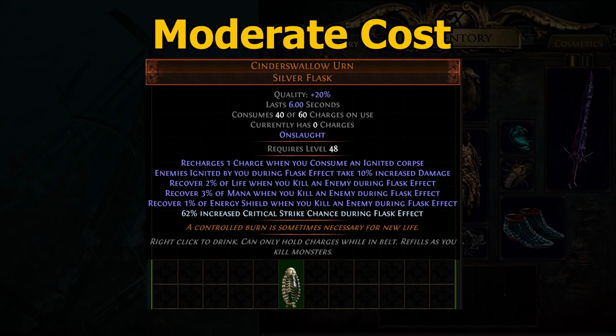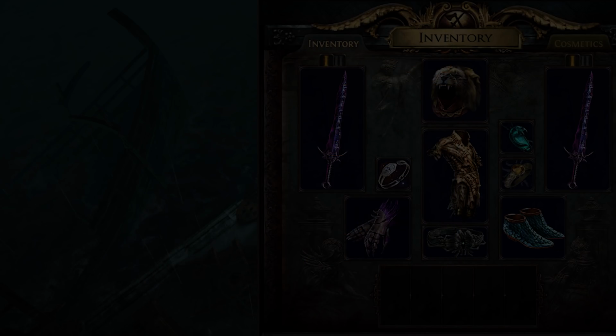We're going to be looking for the percentage increased critical strike chance during flask effect, up to 80%. Giving us a huge bonus to our critical strike chance for both our Cyclone and for our spells. When trying to get a crit version of this flask, it can reach into the moderate expense category. If you're looking for something cheaper, either pick up a different version of this flask, or pick up a Wise